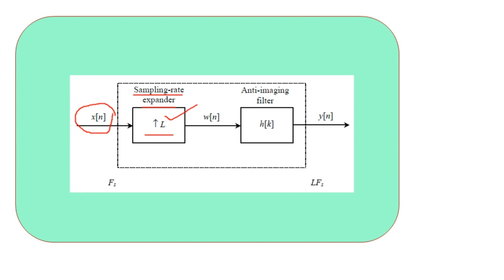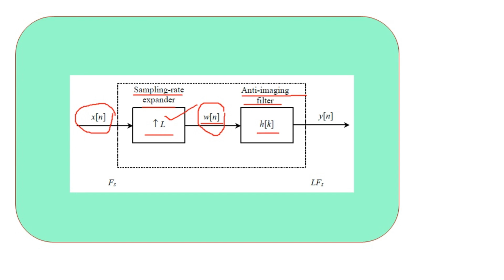After this interpolation is accomplished, we obtain the intermediate signal that can be denoted by w of n, again in the discrete time representation. As a lot of images appear beside the original information when analyzed in the spectral diagram, we need the help of an anti-imaging filter to remove all these. The redundancy should always be reduced, and for that purpose the filter is here, and in this block we show the filter function denoted by h of k.